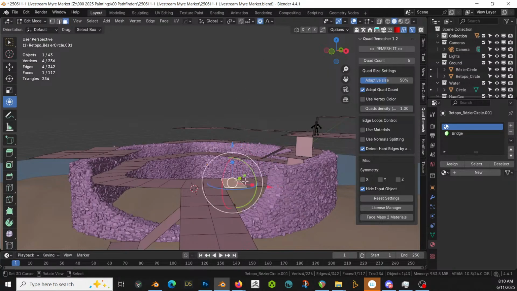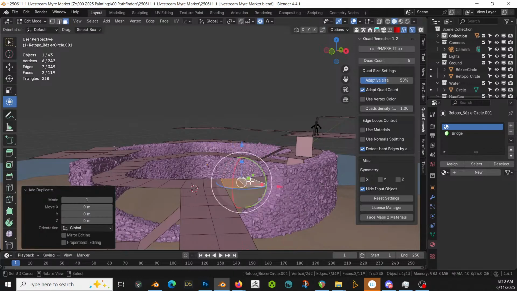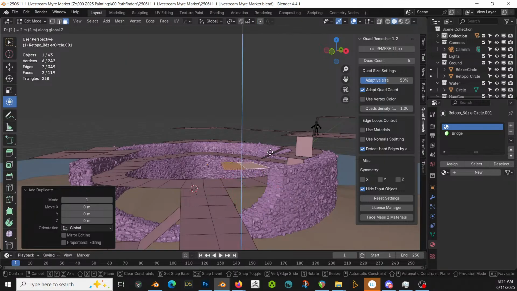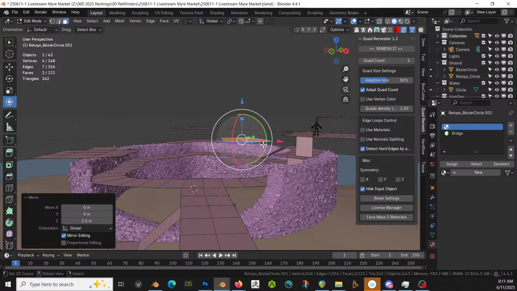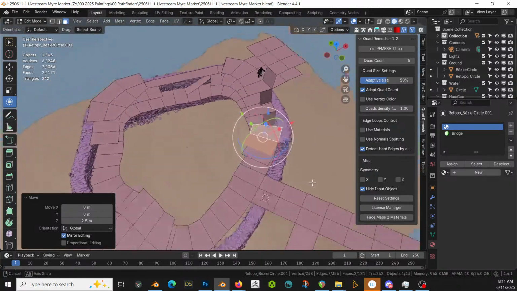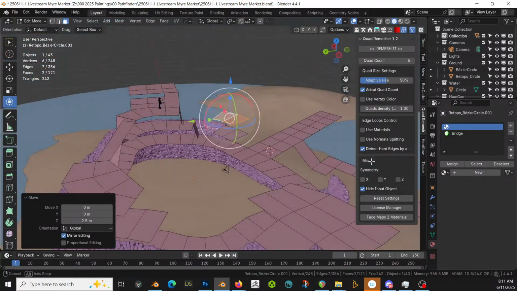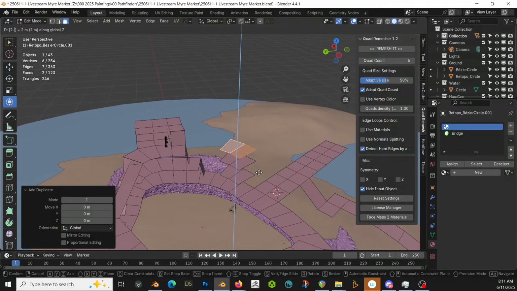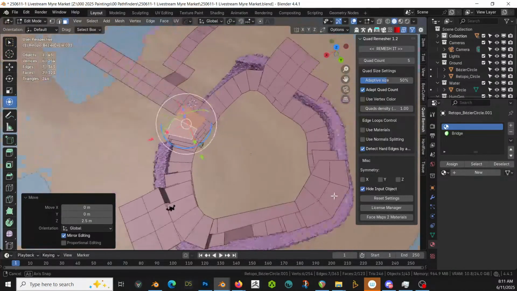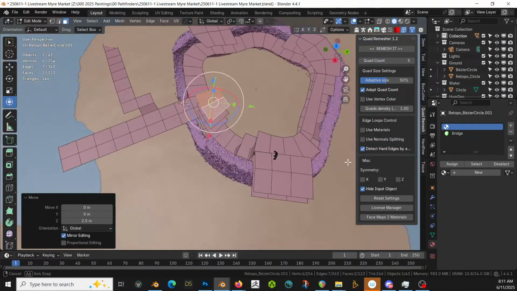Come back, yeah, grab it. Shift D, proportional off. G Z 2.5. There we go. Shift D, G Z 2.5. Okay. And Shift D, G Z 2.5. Okay. And this one,